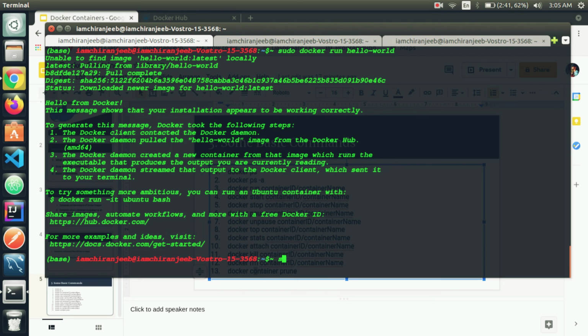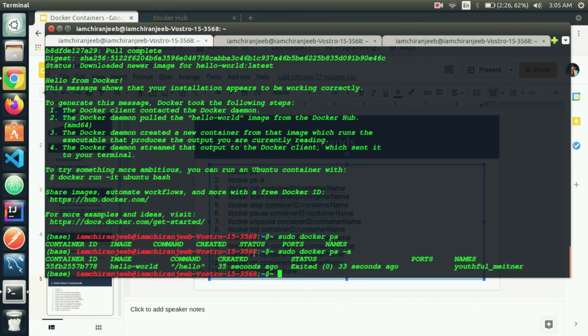So sudo docker ps. We don't have any containers running because once it executed, the container stopped automatically. So if I go for all the containers, here you can see this is the container which was just created right now.